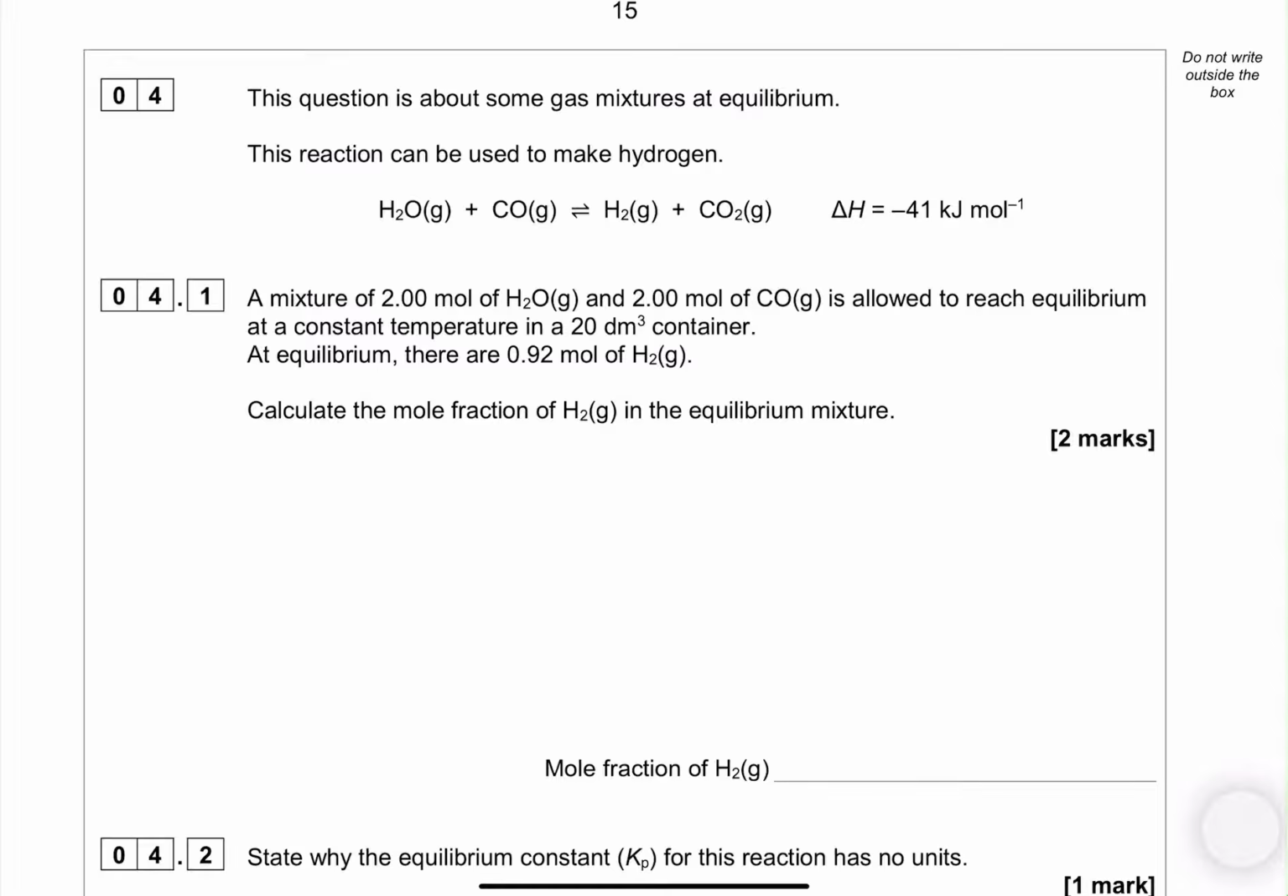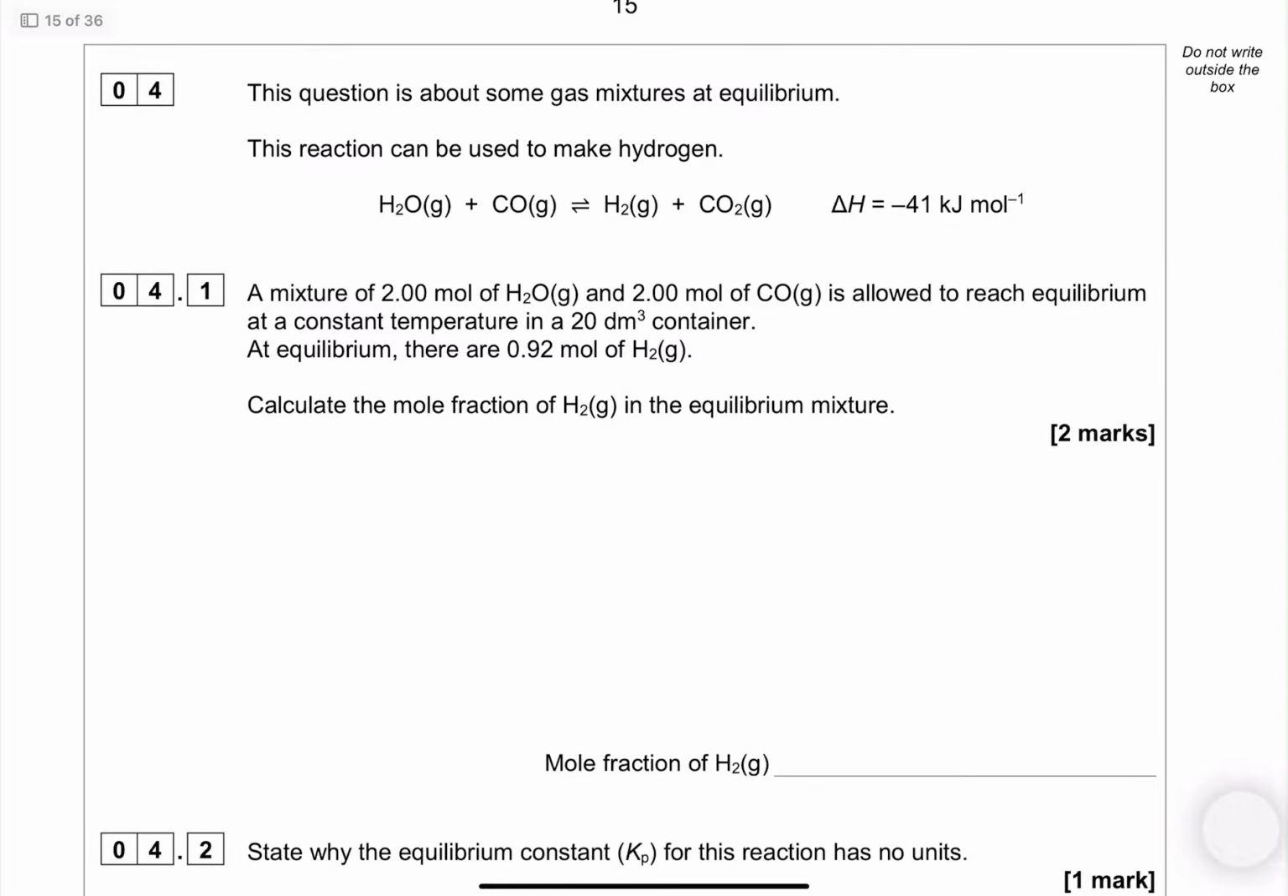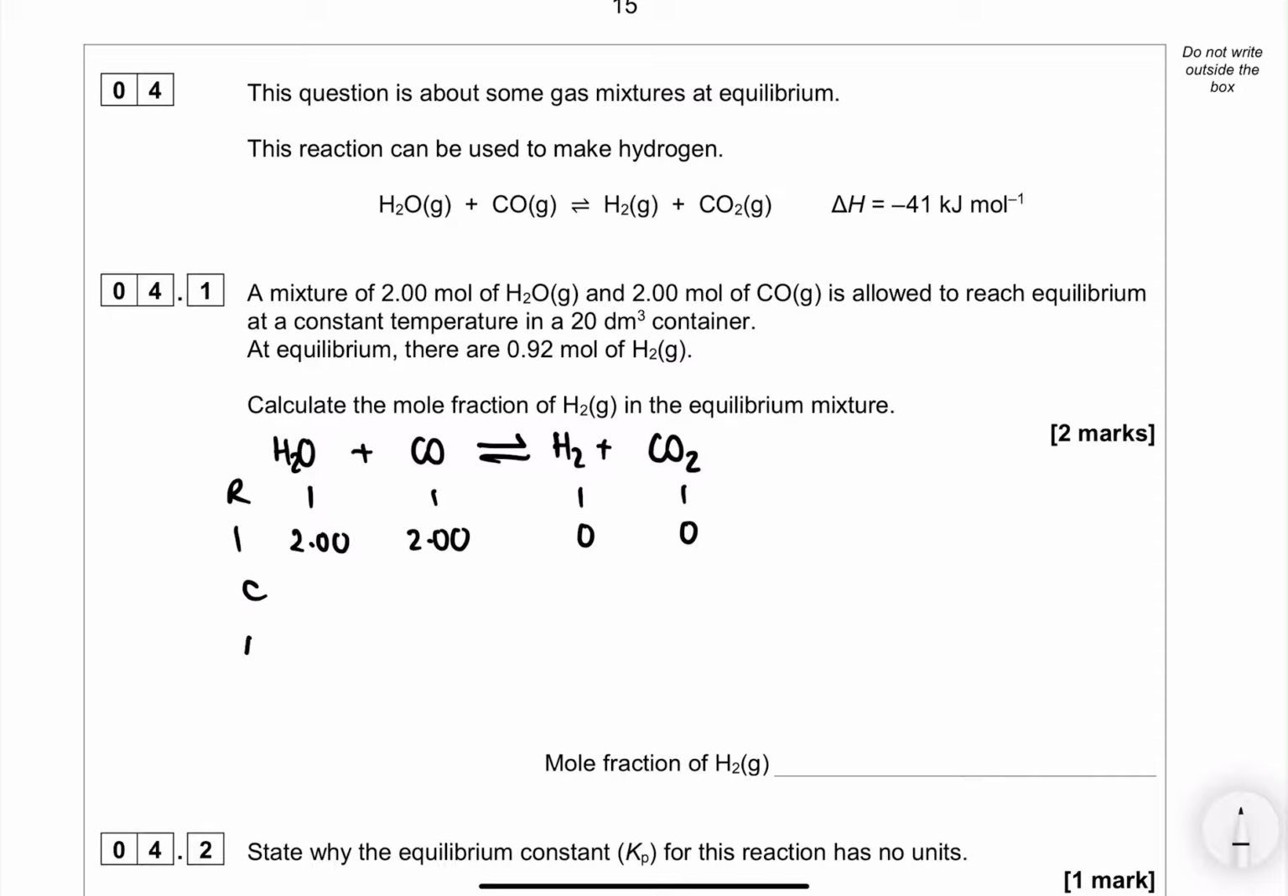So the method I like to use, some people refer to as ICE, I call RICE. And what I like to do is say what the ratio is, which in this case is 1 to 1 to 1 to 1. What are the initial amounts? 2 moles of this and 2 moles of this, no products at the start. And what's the equilibrium amount we've been given? We've been given 0.92. To find the mole fraction, we actually need to find the total number of moles at